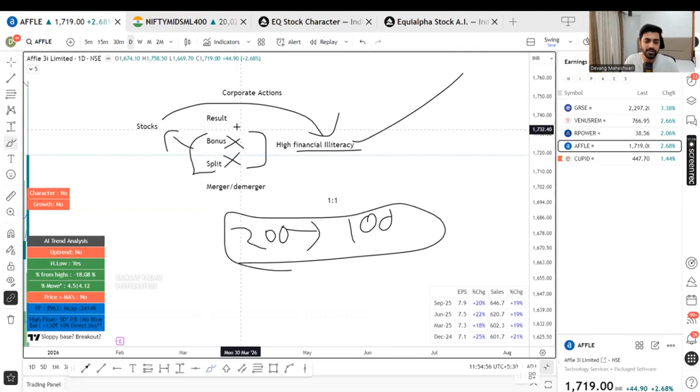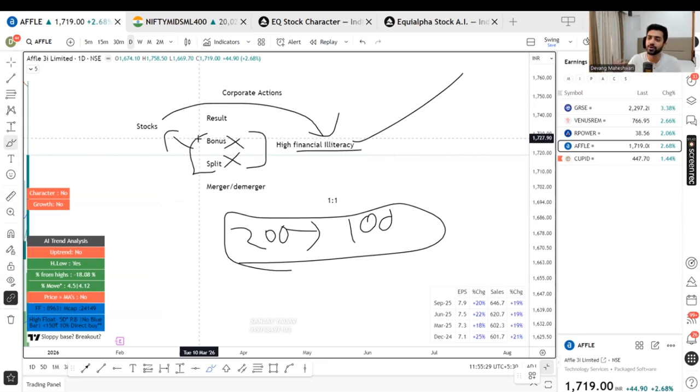So you don't have to participate in this as a swing trader, because we are trading for a short specific duration, 15-20 days. We are targeting a 15%, 20-25%, 30% kind of move in a short span of time. So we don't have to go into bonus, split and these things. What I do is, if the bonus ex-date is 2 days or 1 day afterwards, I exit before that bonus. I don't want to be part of it. Similarly for splits, I don't want to be part of it.